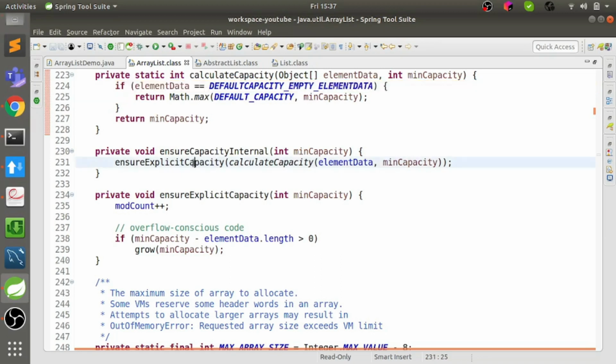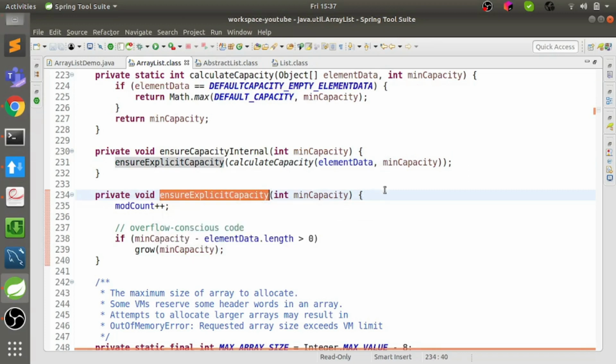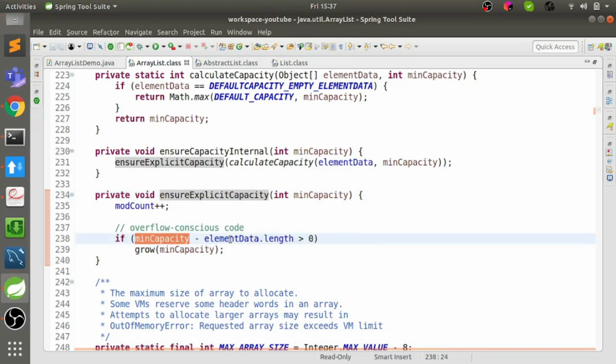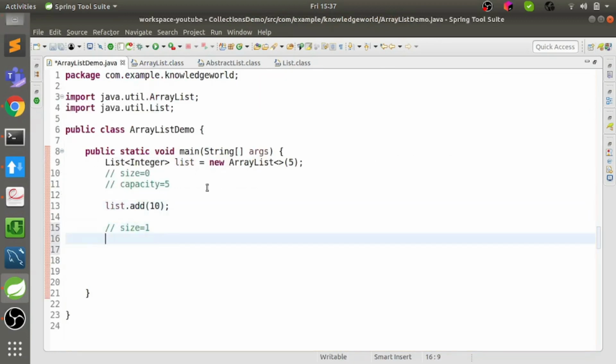So it basically needs to ensure that the capacity of the array list should be greater than or equal to 1, which is yes. So it will not grow because min capacity is 1, and 1 minus 10 would be less than 0. Hence it will add the element and the capacity remains the same. So then size is 1, capacity is 5, right?